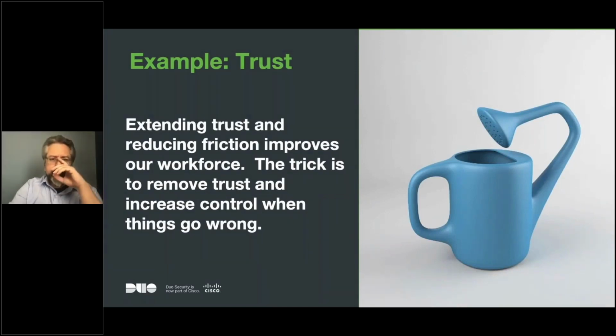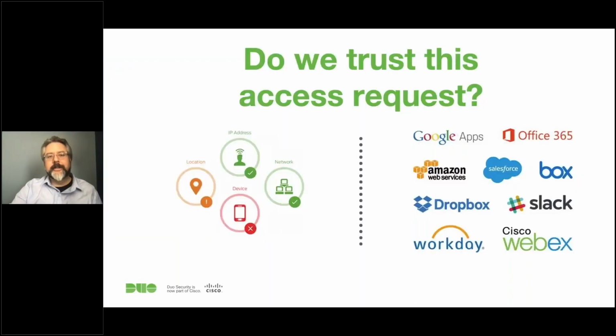I mentioned trust is another component of this. What do I mean by trust? So the principle of least trust, as opposed to the principle of least privilege: least privilege is on the authorization side. Everything you can possibly gain access to, everything you can possibly do. Least trust is on the authentication side, where you're connecting up to your resources. And when you're accessing those resources on a per connection basis, do we trust this access request? And there's a number of things that we can do to determine if we trust it, right? We can look at